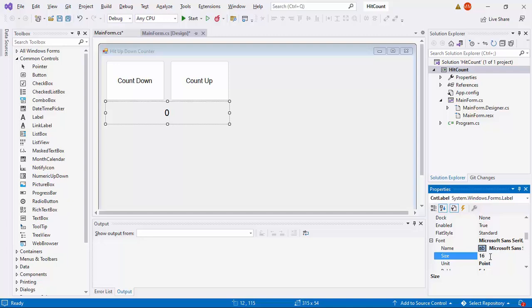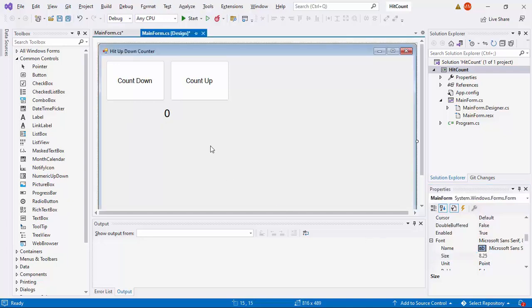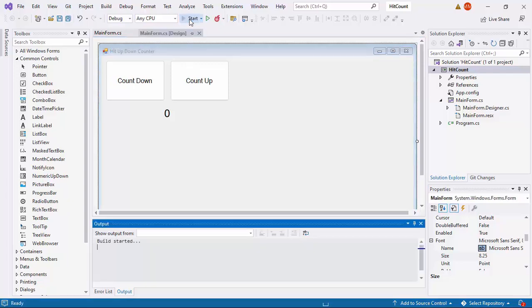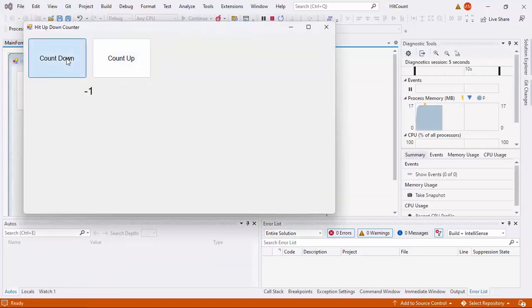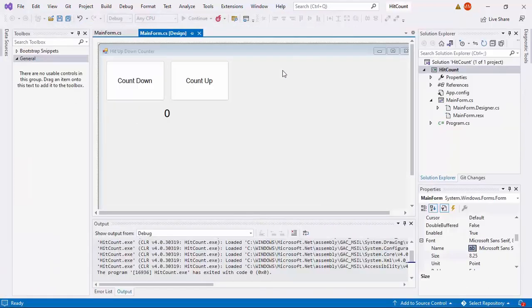Okay, then perhaps larger, why not 20? Okay, then I think that is it for the layout of what we want to show in our application. Let's save this, run. Let us see that everything is still working. Okay, very nice.